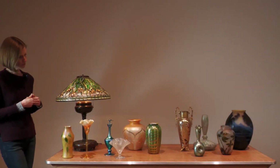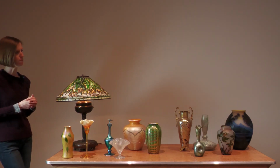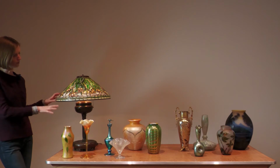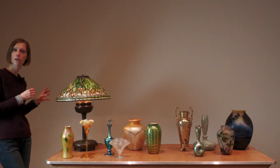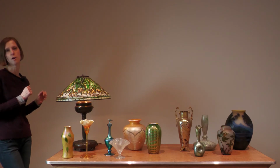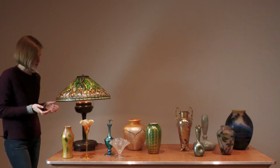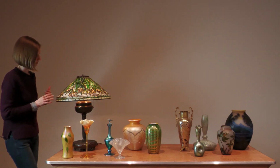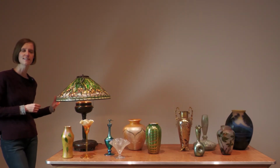And on this end of the table, we have the American version of Art Nouveau. And this is a little bit later, well, around the same time, but Art Nouveau kind of crossed the pond, as they say. And actually, Tiffany, who we are looking at here, many of his wares and his manufactured goods were sold in France through Art Nouveau dealers and galleries. And so he was actually quite popular in Europe and inspirational to other designers. But in America, you've got, again, a focus on the iridescence in a very different way. But one of the first things I want to talk about is this amazing lamp. And so this lamp is probably what most people, if they know who Louis Comfort Tiffany is, think of